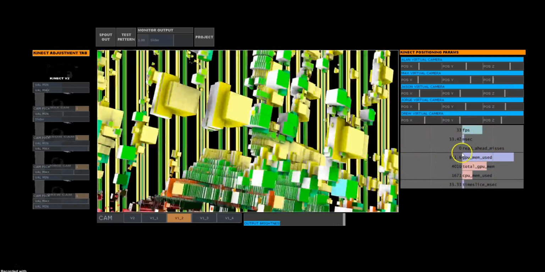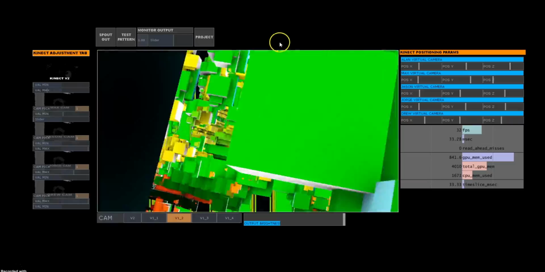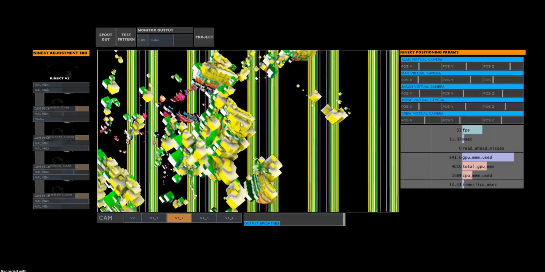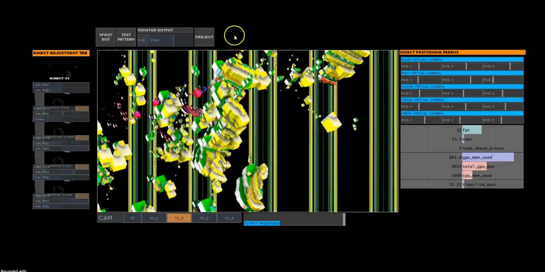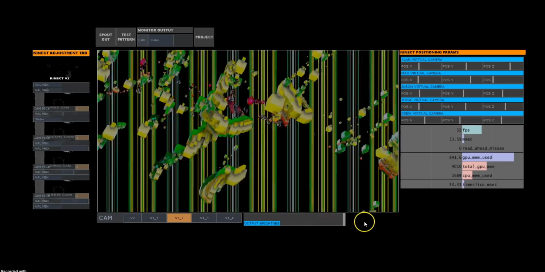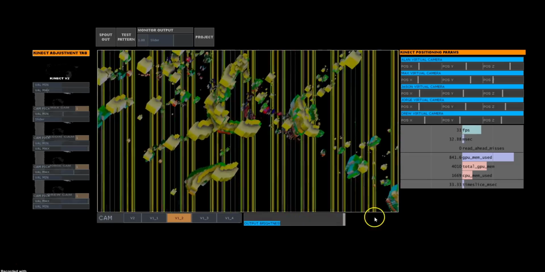Underneath that, you have the performance monitor, so your frame rate and the GPU memory being used. Watch out for that, and definitely keep in mind the specs I provided on the GitHub to run this with the best performance. An NVIDIA GeForce 980 is preferable, but something a little bit less should also be able to run this no problem. The brightness slider is good for performance if you need to transition between tracks.